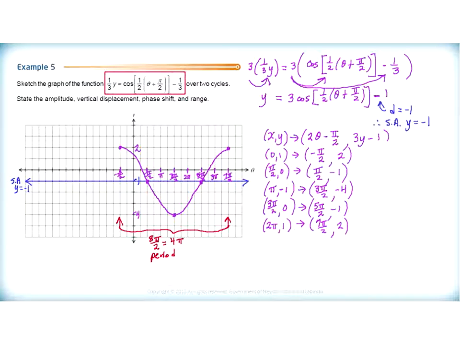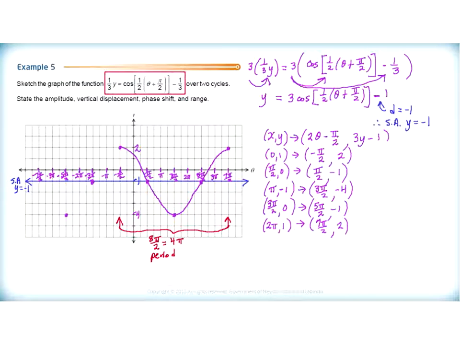We are asked to draw 2 cycles of this graph, so I will extend the graph towards the left, here at negative pi and negative 3 pi over 2. So that point will be at negative 3 pi over 2 and negative 1, negative 2 pi, negative 5 pi over 2, and that y value will be at negative 4, negative 3 pi, negative 7 pi over 2,